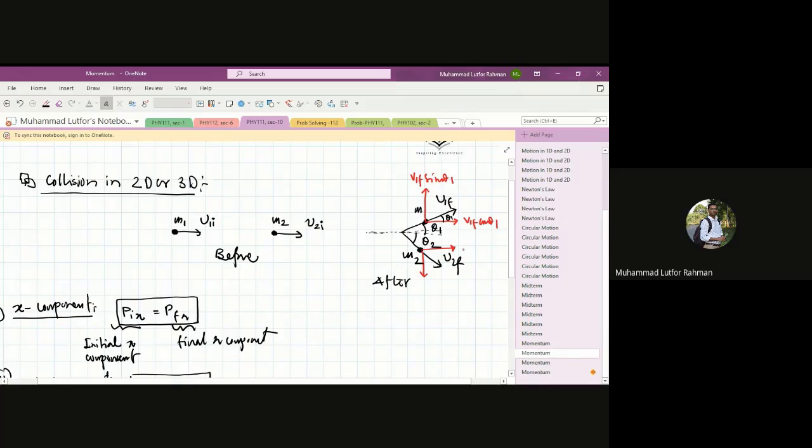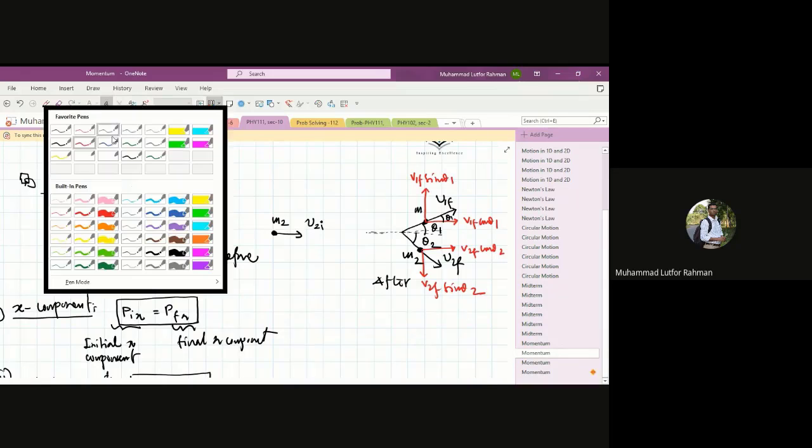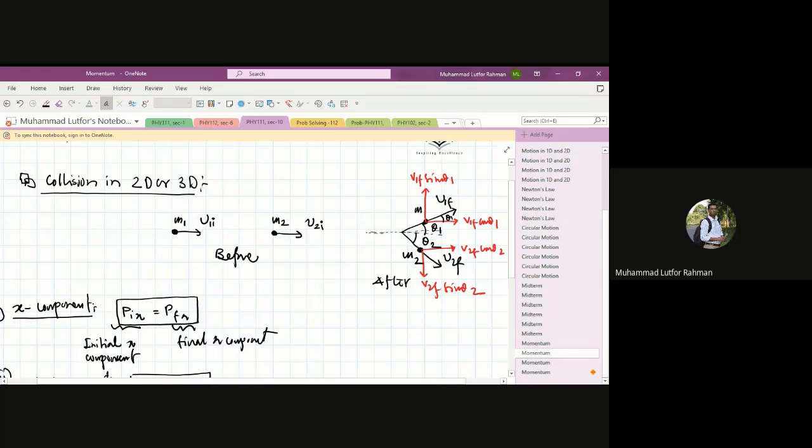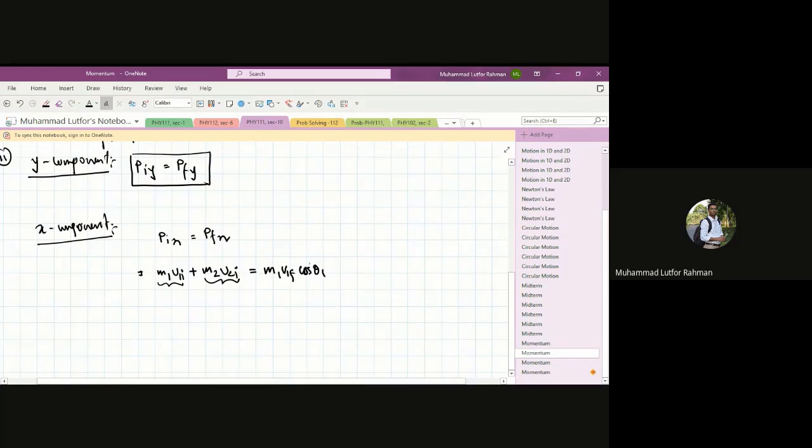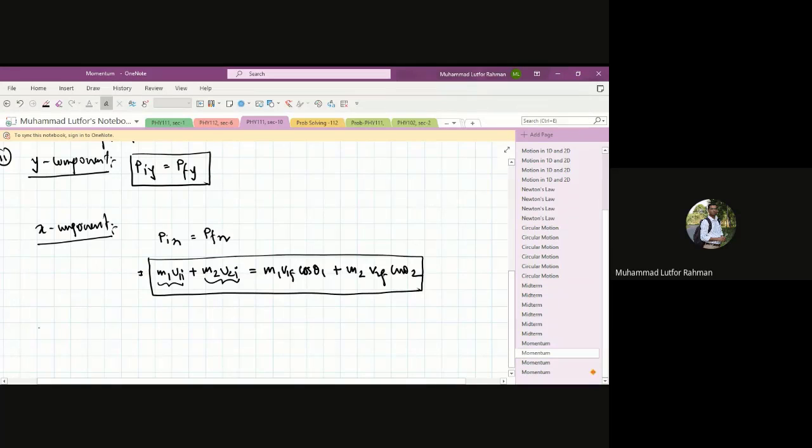In the same way you can write this would be V2F cos theta 2, and this would be V2F sin theta 2. Right? I just split that vector along the two-dimensional axes x and y. The same way I can write this would be M2 V2F cos theta 2. So this gives me an equation over here. This would be equation number 1. Now for the y component,